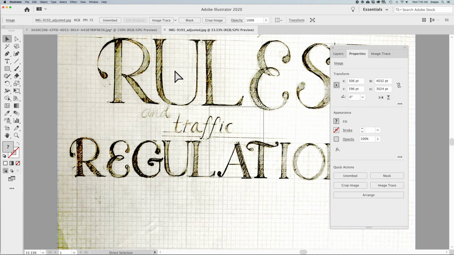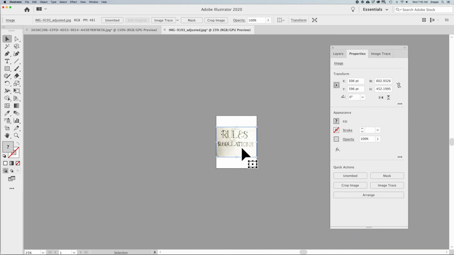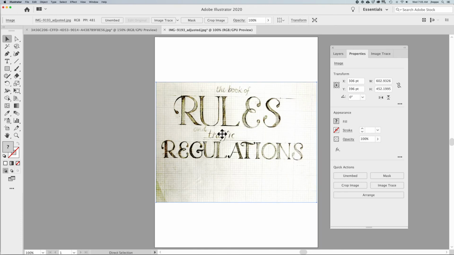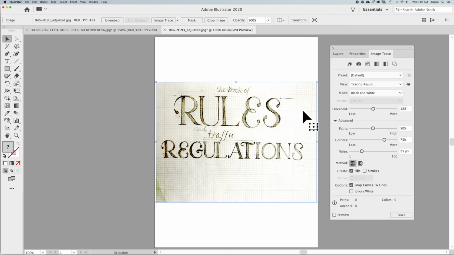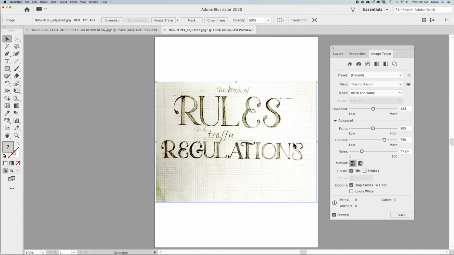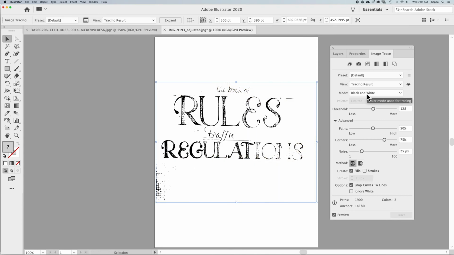There it is. And it comes in very large, so I'm just going to hold down my Shift and my Option or Alt key and scale that down together. Okay. Now, the background here, there's a little hint of the background color, okay, and that scale of the pattern. So if I go and click on the preview here, it's going to tell me again, okay, this is a high-res image. Now, I'm tracing this in black and white, so I don't have to really pay as much attention to